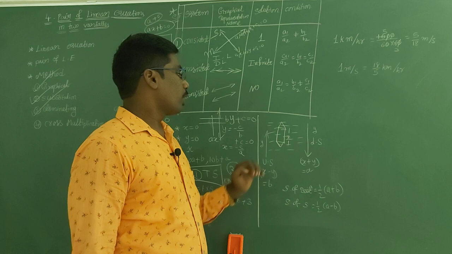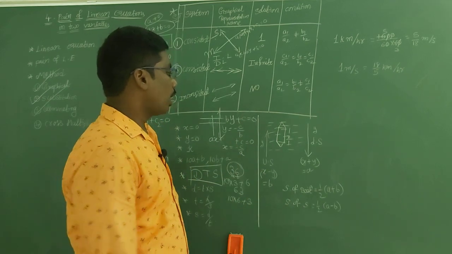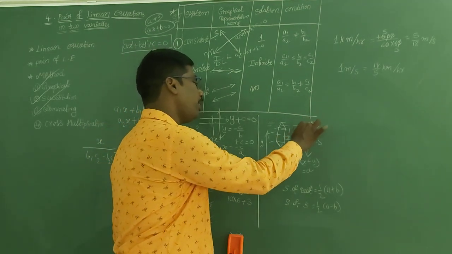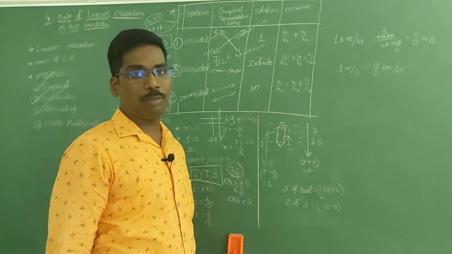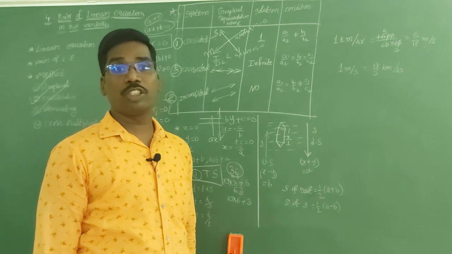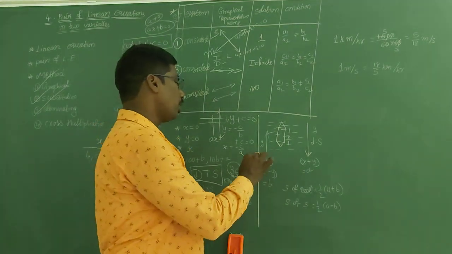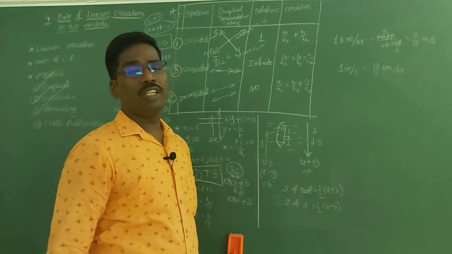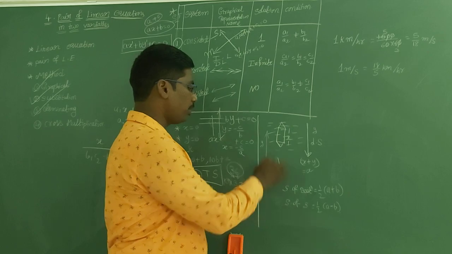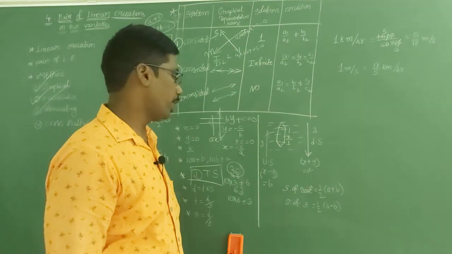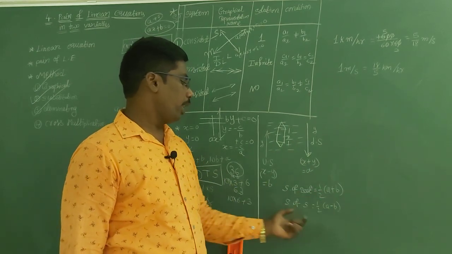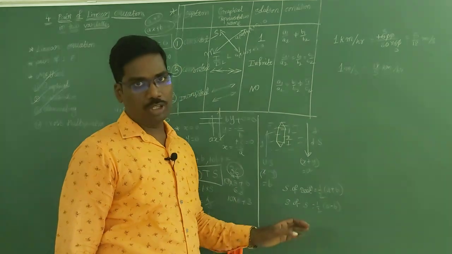And also one more important model is there for us. In water, a boat is there, the speed of the boat is x and the speed of the stream is y. If the stream is along with the boat, then the speed of the downstream is x plus y. If the boat is going upwards, then the speed of the upstream is x minus y. Now, if I take downstream as a and upstream as b, then the speed of the boat is half of a plus b and the speed of the stream is half of a minus b.